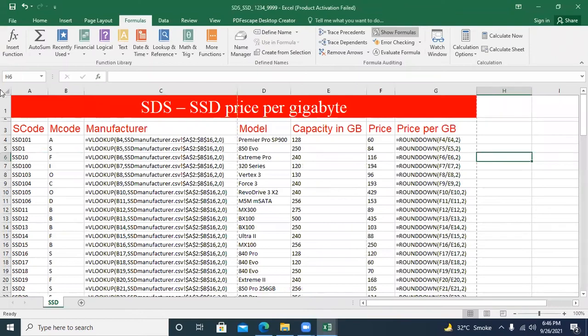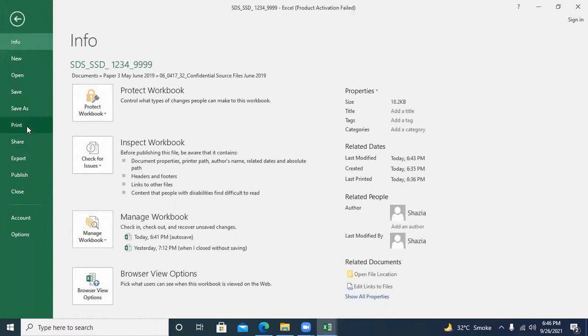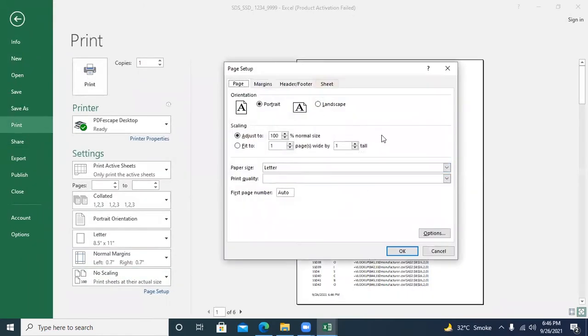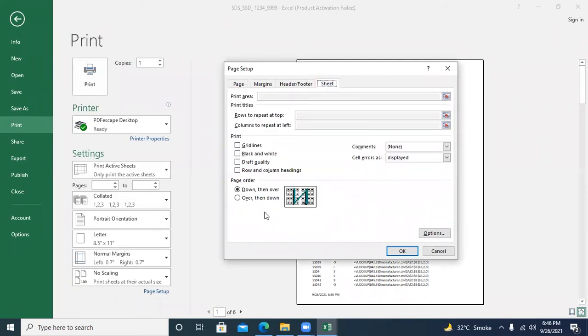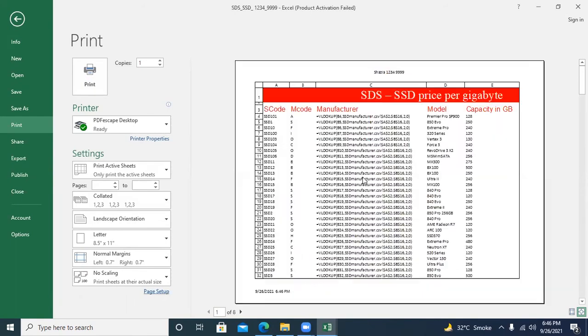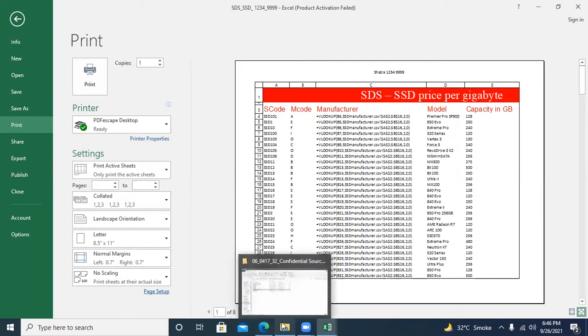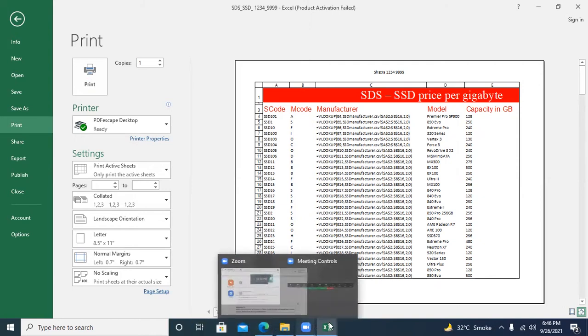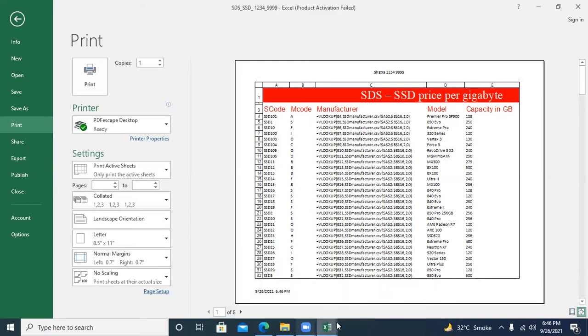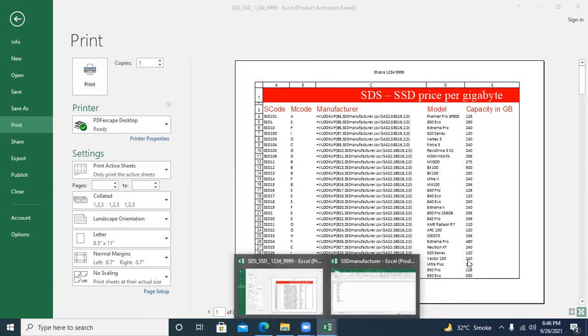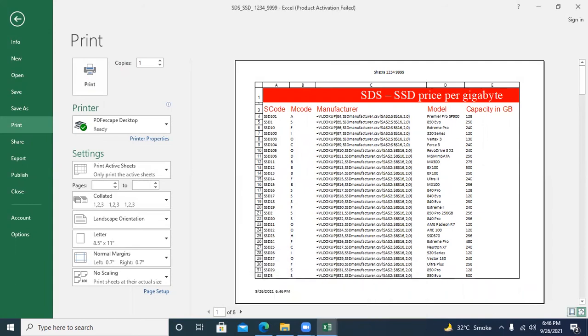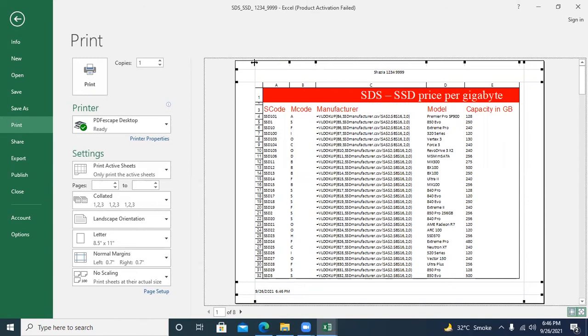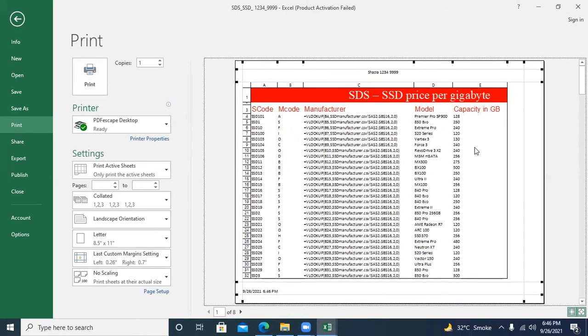Go to arrange printouts, find printouts, print, then page setup is landscape, and show formulas and headings on the top. Show it, and now see, it is 1 to 8. So here you go back to this file and see it is the same, like we can set it like this.